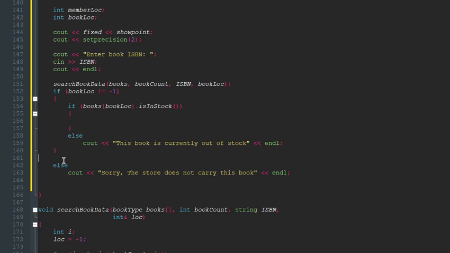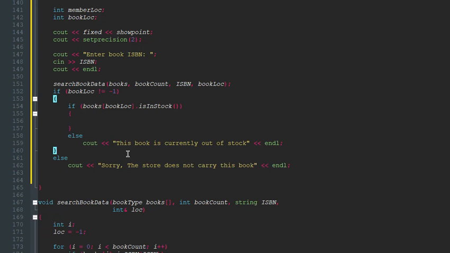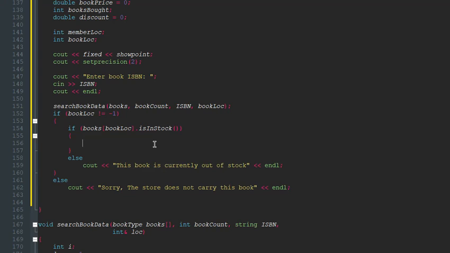Okay, well, I accidentally made those. Now, inside of this if statement, we need to write in,